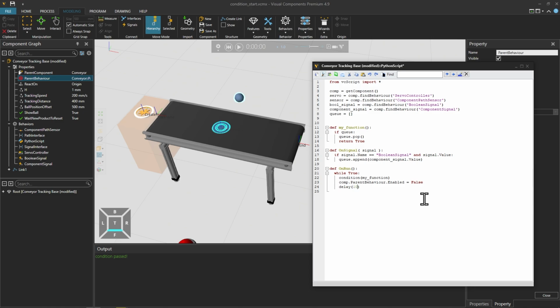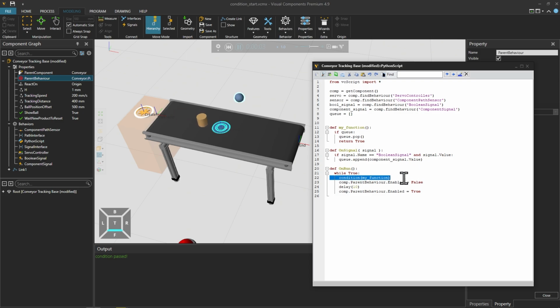But instead of 200 seconds, let's just use 10 seconds. And then turn back the conveyor on. And I forgot to compile. But let's see what's going on now.